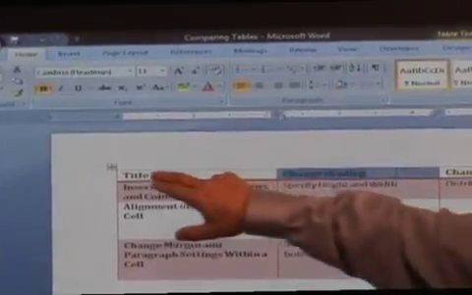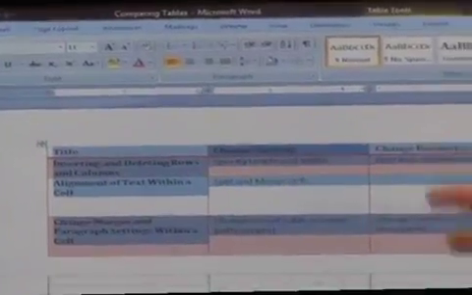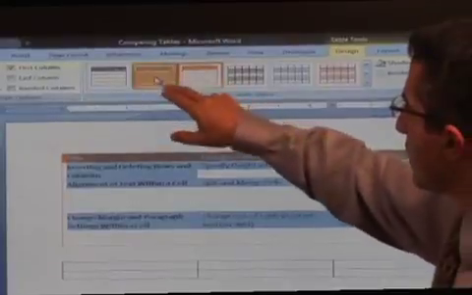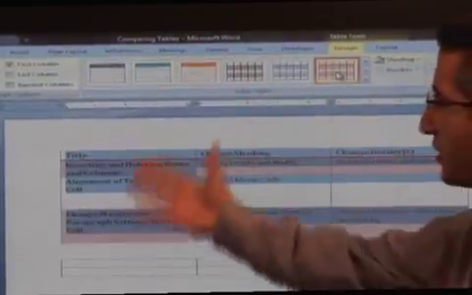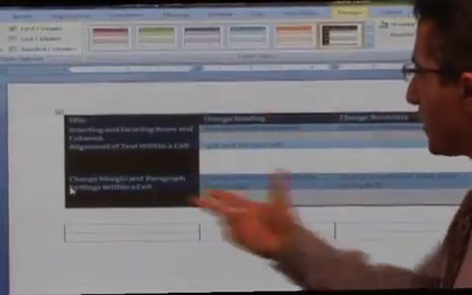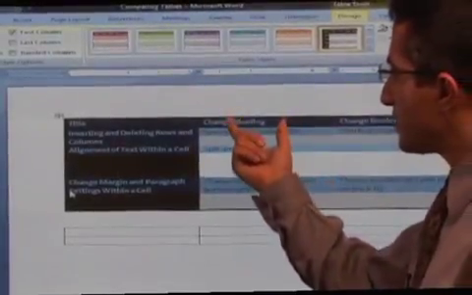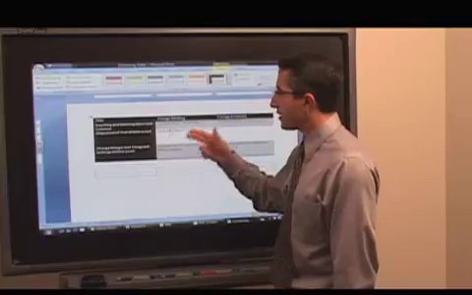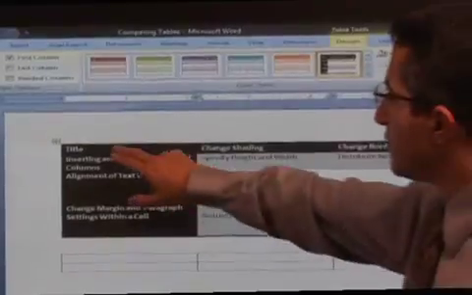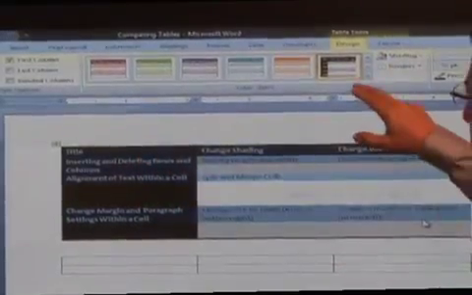In addition, I can also highlight all of the cells in here and go to the design. In the design, I can select any of these others and it will change the whole theme to it, and I have a variety of themes that I can select from. So if I select one of the themes, it will change everything automatically, including changing the text that's in there from white to black in order to match correspondingly with the background that's on there. So again, I'm going to select everything and take it back to what it was at the beginning, which was this